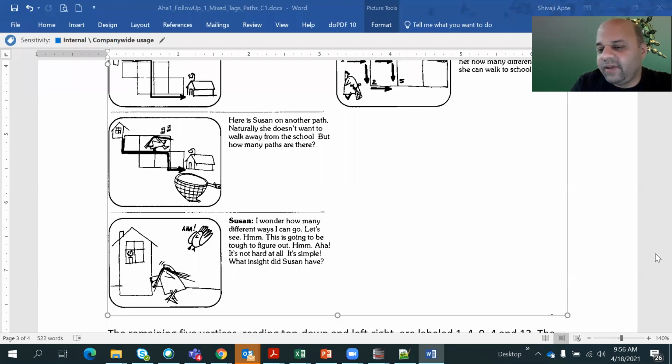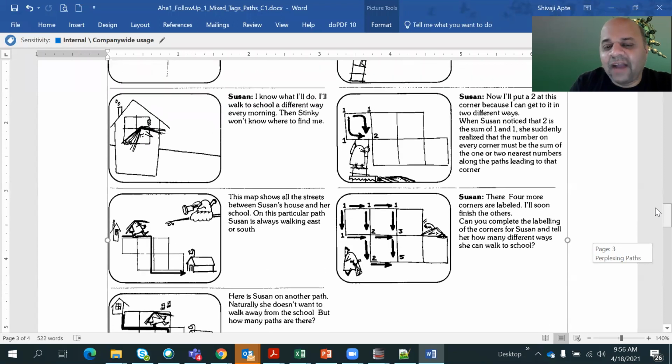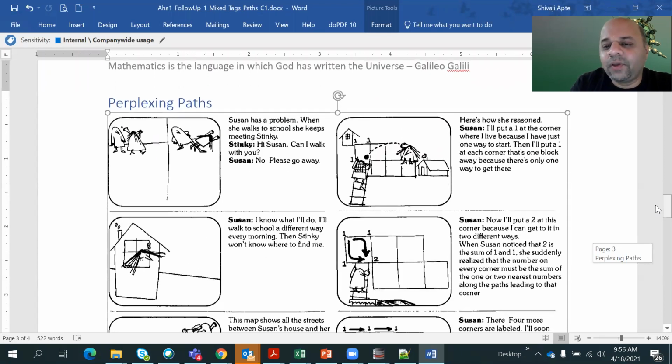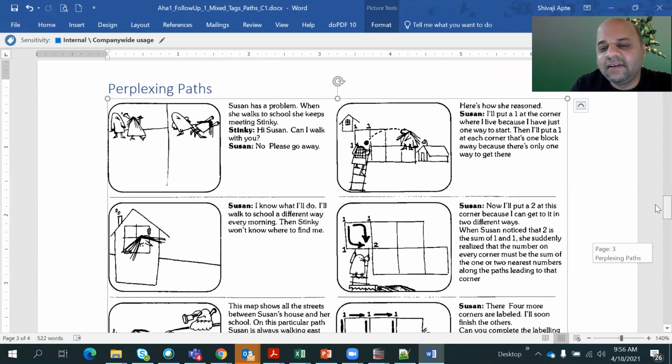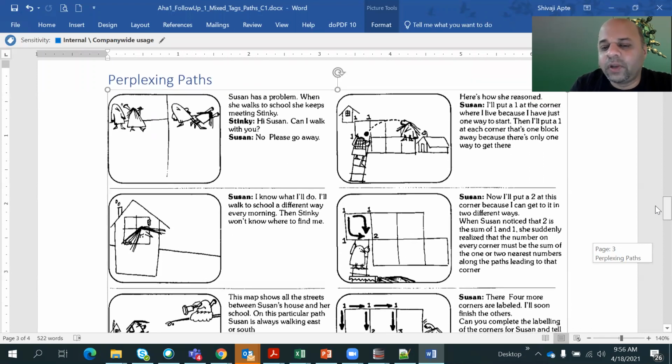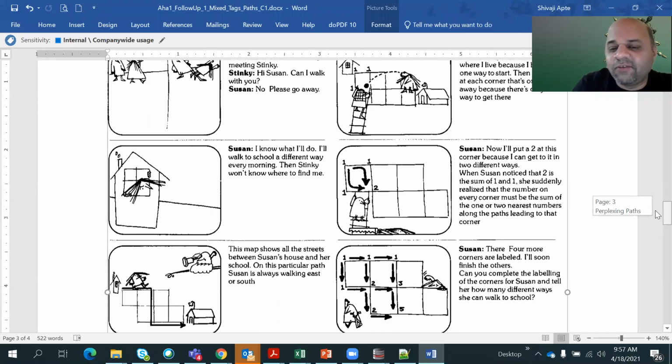I think there are 13 ways to do it. Okay, but how did you do it? There is a particular way that Susan thought of. Initially she was thinking of putting down all the possibilities, exactly charting it out, and maybe with different color pencils, etc., so that she does not get confused. But then she thought of a different formula which seemed to work. And we are going to discuss that formula.